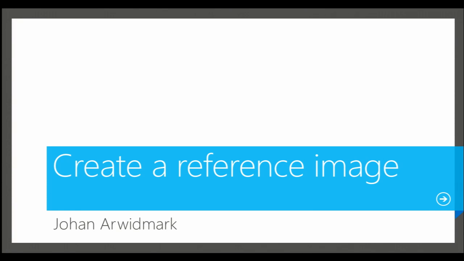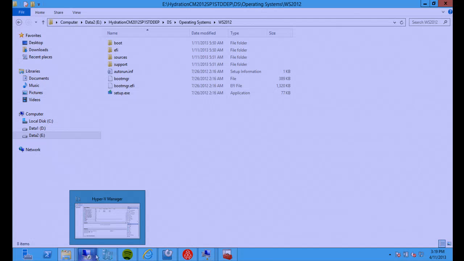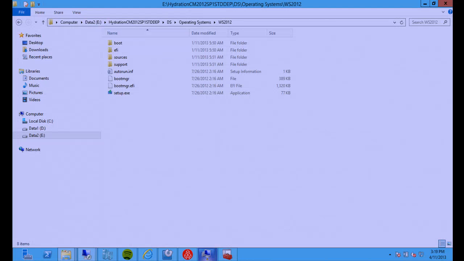Oh, there is an interesting question. From Matt: when building ref images, installing Windows updates takes a long time. Any way to speed it up? Yes. Use WSUS. Use a local WSUS server where you approve the updates that you want to have in the reference image. And then in the ini file used for your reference image, if I can find the server,